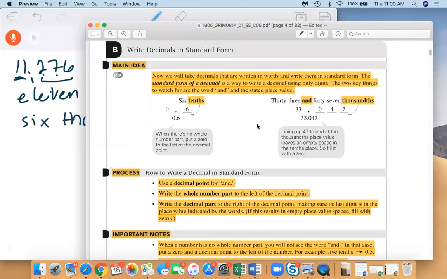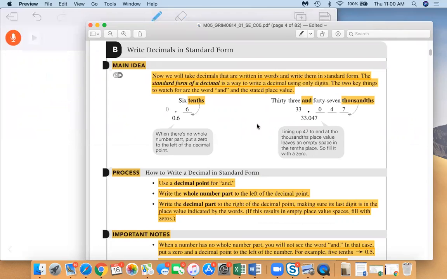Now we're going to talk about how to go from decimals to standard form. So this is kind of like going the other way. Now we will take decimals that are written in words and write them in standard form. The standard form of a decimal is a way to write a decimal using only digits. The two key things to watch for are the word "and" and the stated place value. So again, we already did this whole number portion in the very first day of class in the first module, but